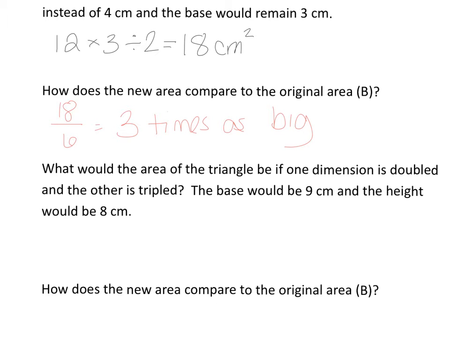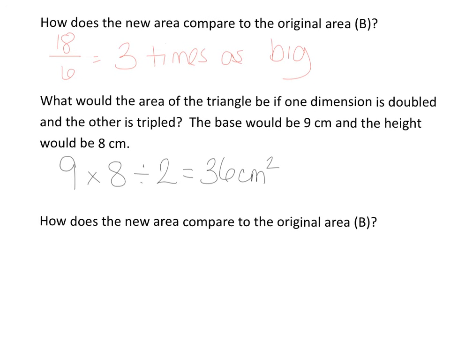Moving on to the next one, we're asked what would the area of the triangle be if one dimension is doubled and the other is tripled. The base would be 9, that's what's tripled, and the height would be 8, that's the one that's doubled. We know we have to divide by 2 because it's a triangle, and we get 36 centimeters squared for the area. So how does the new area of 36 centimeters squared compare to the original area of 6 centimeters squared? And we get that it's 6 times